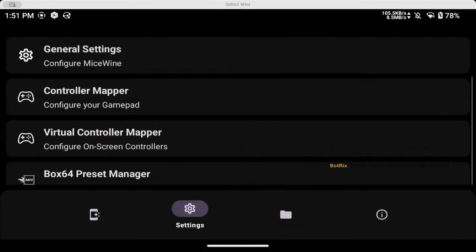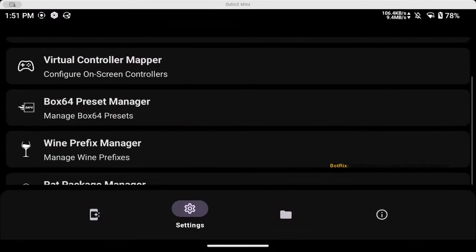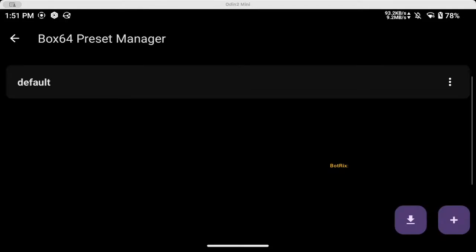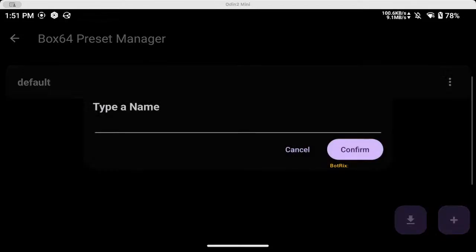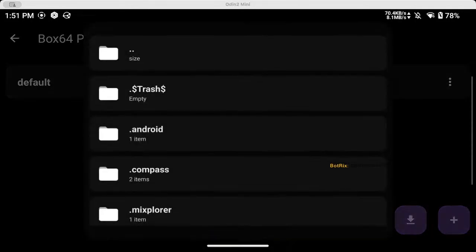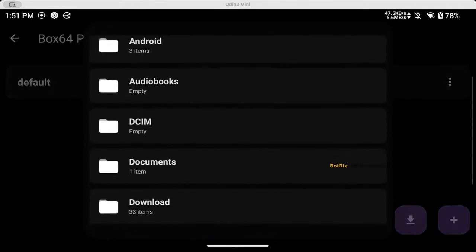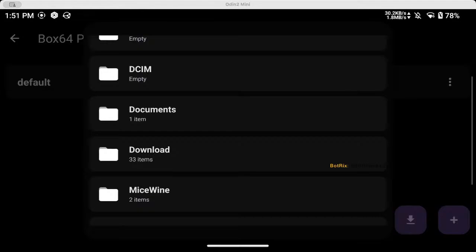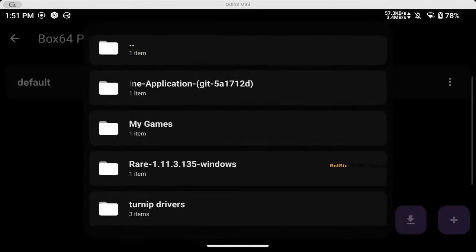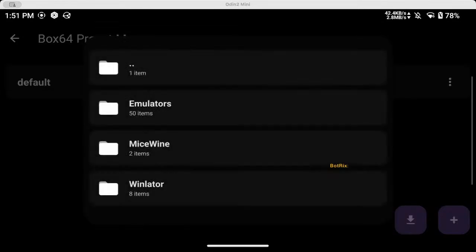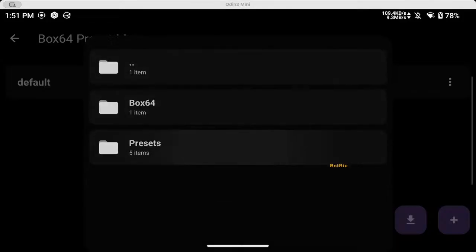All right. So the first thing I normally do after that is we're going to go into the box preset, and I'm going to add a couple presets that I've already made. And when I do an actual tutorial about this, I'll teach you all about how to do that. All right, so I have a few here. I'm just going to grab